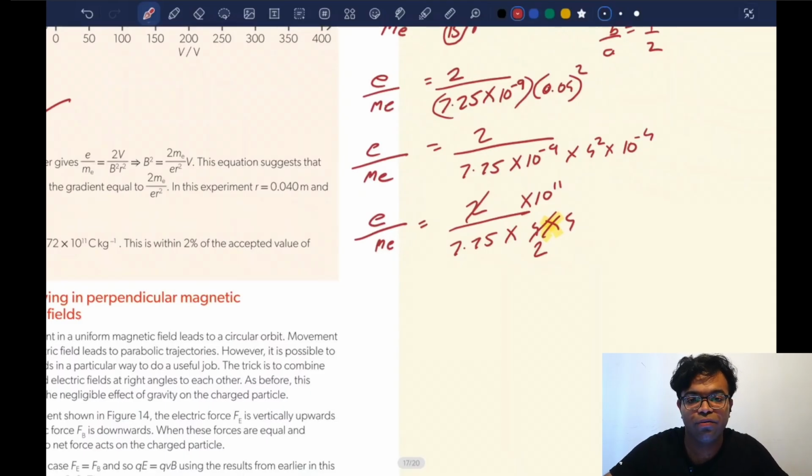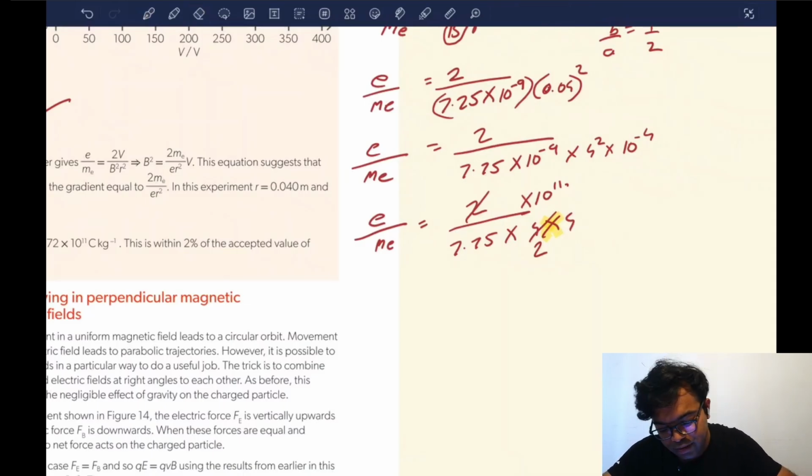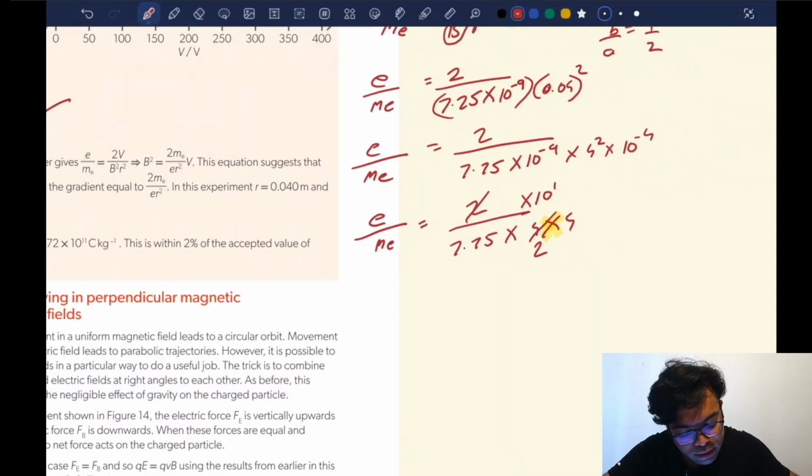7.5 into 2 is 15. So 7.75 into 2 is 15.5. Right? So minus, oh, sorry. Minus 9 minus 4. No, wait. Minus 9 minus 4 is how much? Minus 13. Plus, oh, wait. Yeah, I'm sorry. It should be 10 to the power 13. Yeah, you're correct. It should be 10 to the power of 13. So,